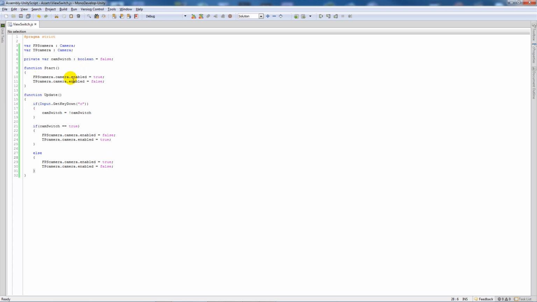So what we're doing is we're setting the first person camera to true as soon as it starts. If we press C, we switch cam switch from false to true, and if it equals true, we'll swap to the third person camera. Then if we press it again, we'll be switching cam switch from true back to false. So if it's anything other than true, we'll switch the camera back. One thing, I forgot to put a semicolon at the end of there. And if we save that out and go back into Unity,